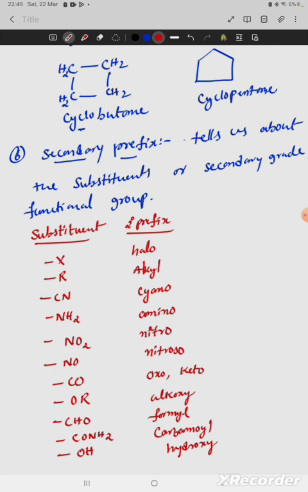Children, understand. There are mainly three parts: the first one is the root word, the second one is the suffix, and the third one is the prefix. Suppose we are writing a name